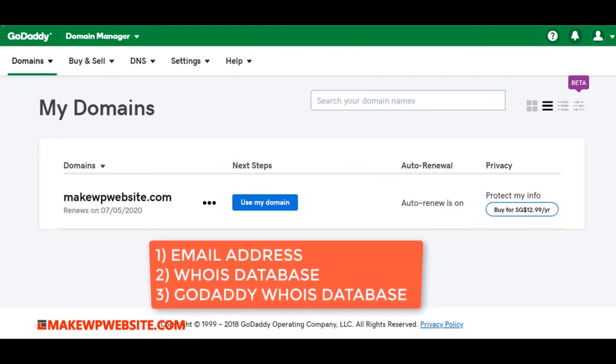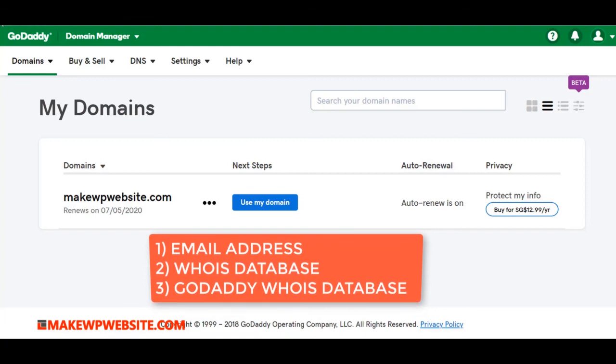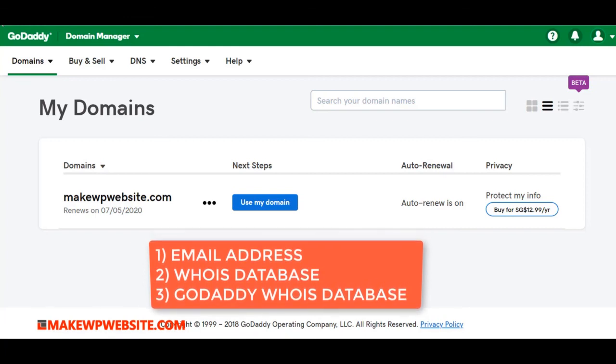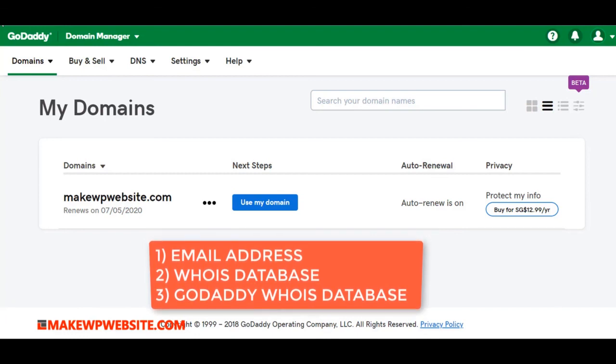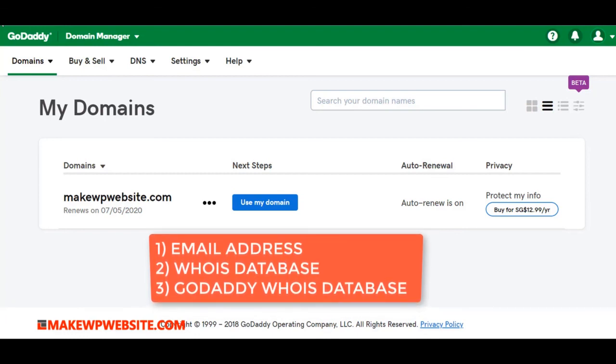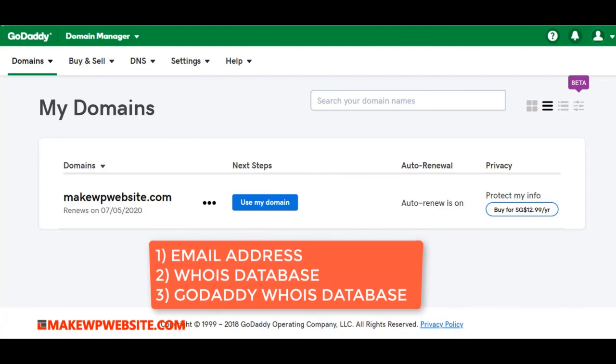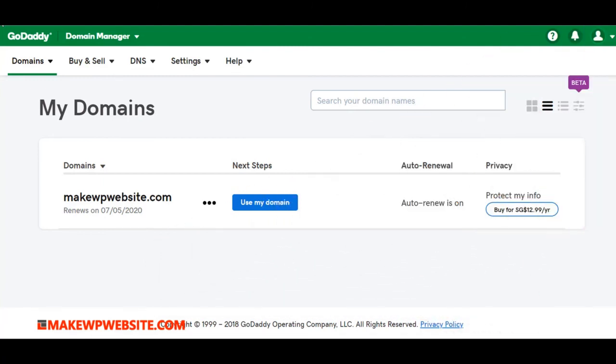It's showing the correct vendor. The third is the correct vendor and basically the expiry date and the updation date. The third is basically you go to GoDaddy's database and then you search for your details. So it's confirmed that the domain is registered under your name. The next thing is you actually visit your site.